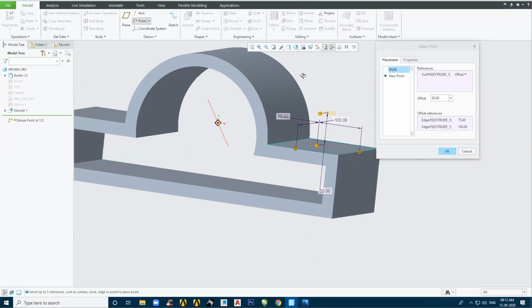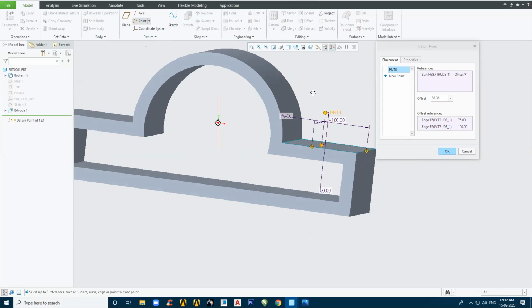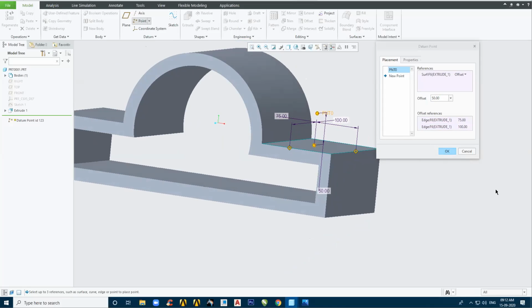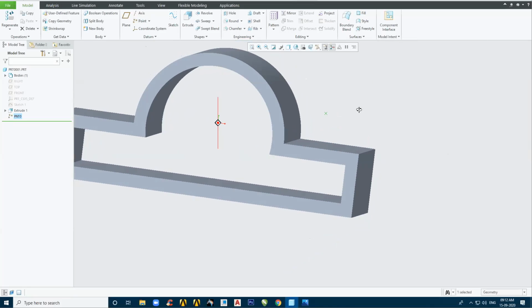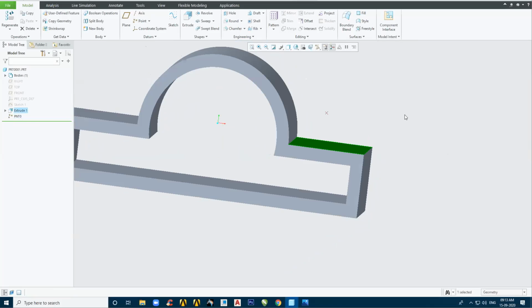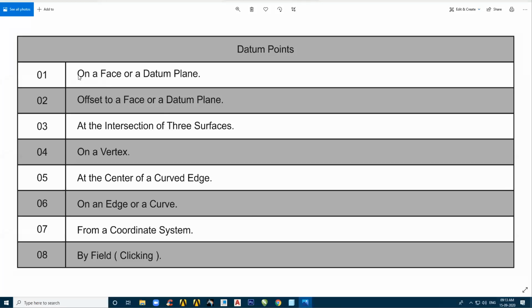You noticed this, the 50 mm distance has been taken. I am clicking on OK, and now you will see that your point is in air. It is offset by 50 mm from here. Noticed it? Good. Everyone understood the difference between on and offset?